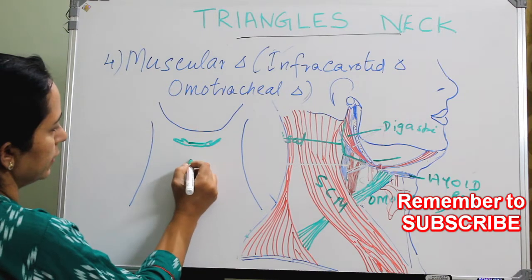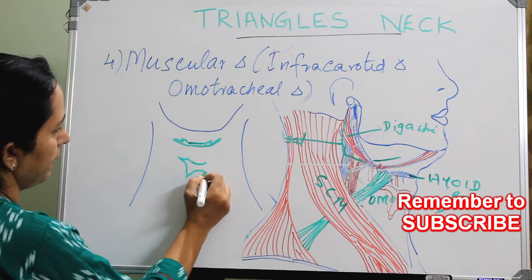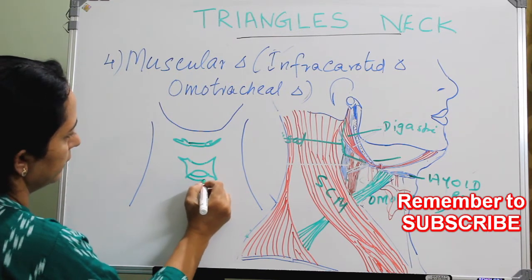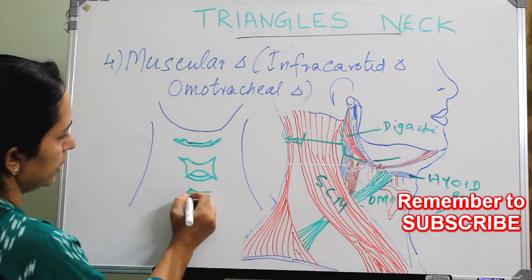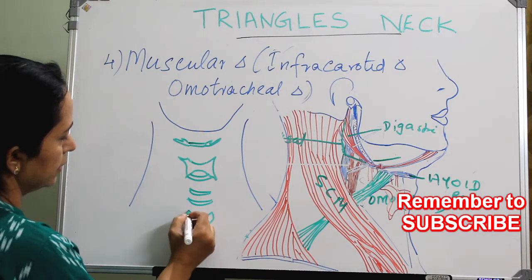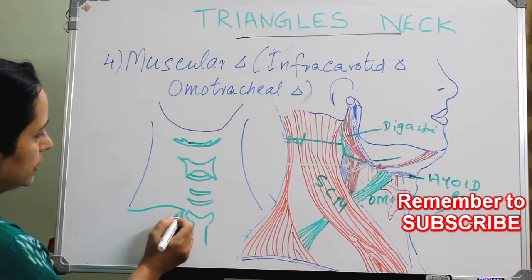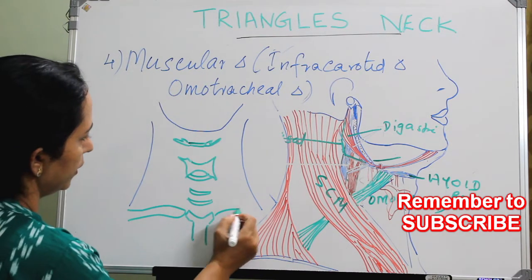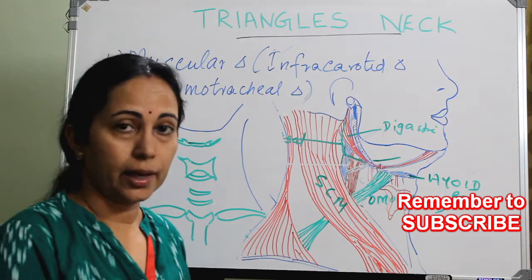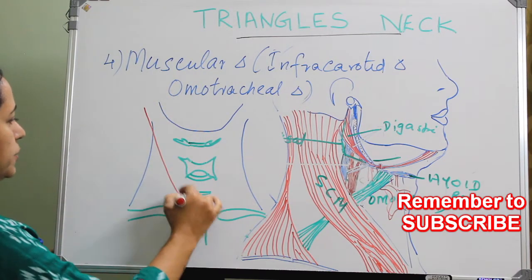and then thyroid cartilage, cricoid cartilage, and tracheal rings, and after that comes the manubrium sterni, and also the clavicles are attached to that in the lower border, and this is the midline of the neck, and to this attaches the sternocleidomastoid by two heads.